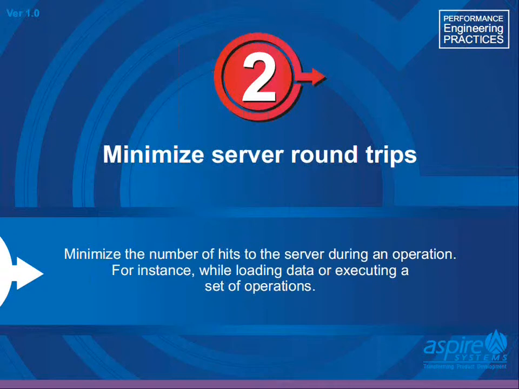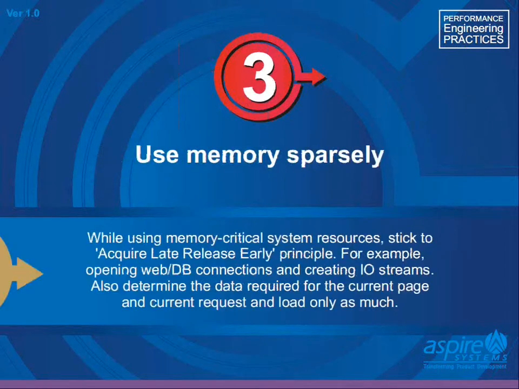These factors put together help in identifying the right caching technology as well. Minimize server round trips. Server round trips not only increase the load on the server, but also consume more internet bandwidth, which in turn might slow down the performance of the system. One should try to minimize the number of hits to the server. For example, instead of bringing one attribute of data from the server, the complete object can be retrieved so that if further details are required, they can be retrieved from the object itself instead of going back to the server again.